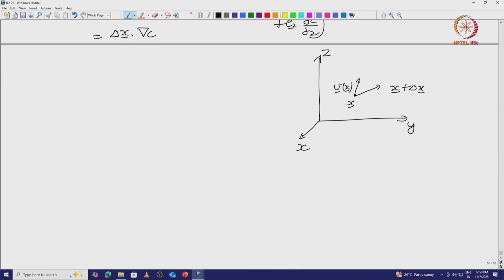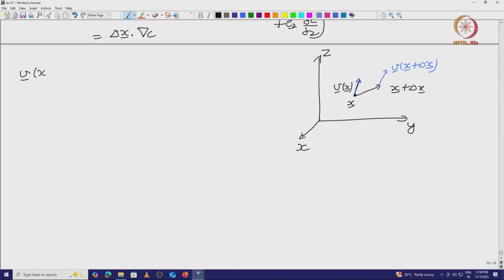At this nearby point, the velocity will be different. So, this is the velocity at x. At the nearby point, the velocity will be different. This will be v at x plus delta x. There is a difference in velocity between nearby points, and that difference in velocity,